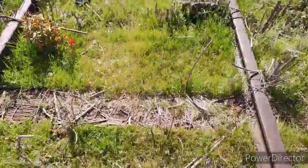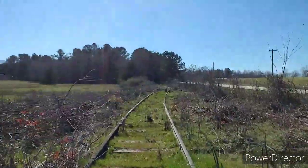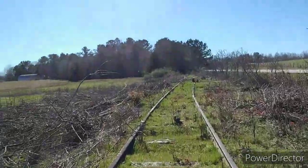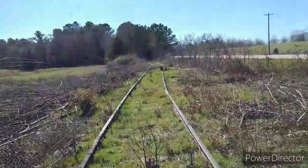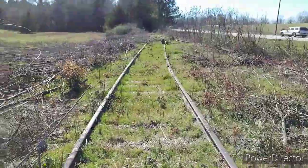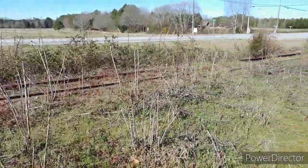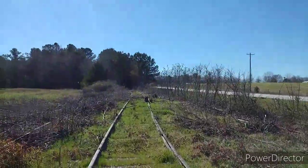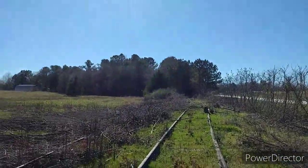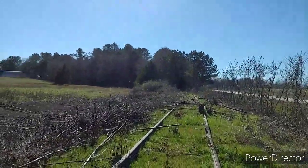This is the first time I've ever walked on this section of the railroad tracks here in Farmington. This is where the double track portion in Farmington goes back to a single track, and as you can see, I'm on the depot side of the tracks because it's the only one that's intact here. And as you can see, the main line right there is actually torn up. It's intact all the way down there. And I've always wanted to walk down this way because you see where there's a switch there. I want to see if the actual switch stand is still in place. I doubt it, but I just wanted to look,